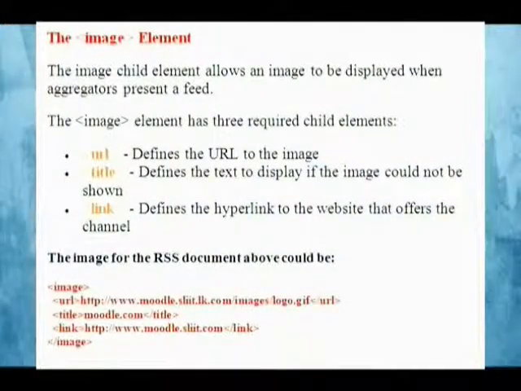The image element. The image child element allows an image to be displayed when aggregators present a feed. The image element has three required child elements. URL defines the URL to the image. Title defines the text to display if the image could not be shown. Link defines the hyperlink to the website that offers the channel. The image for the RSS document above could be